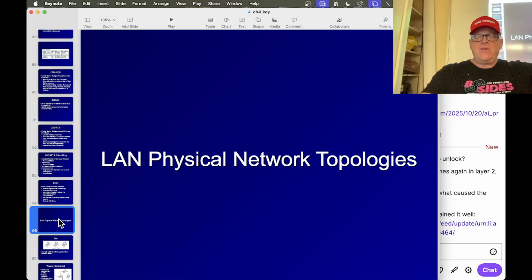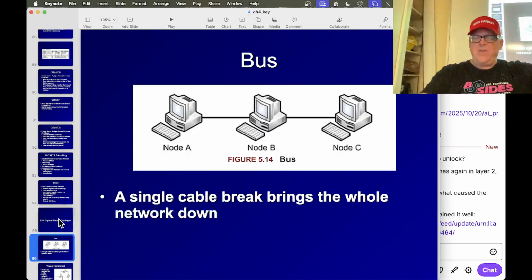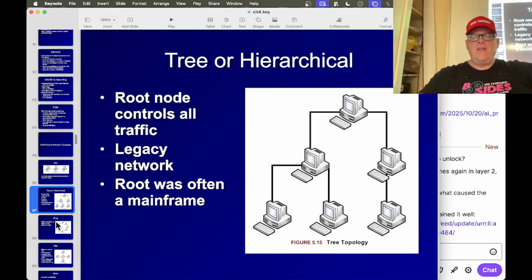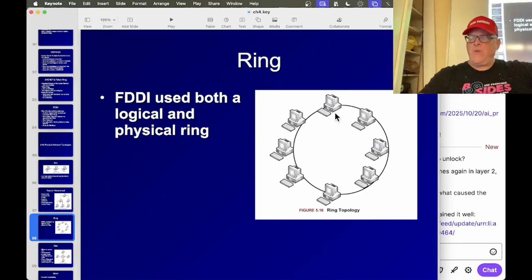All right, so the physical network topology, a bus is where you just had a bus like this. This was the original Ethernet, and the problem is if a cable breaks, a whole region just loses networking. Now, a tree or hierarchical is what really happens on the internet, but this is one you could do this way, where you branch this way. Again, that's not used in a modern network, but now ring was used by Token Ring, and this was popular for a while,